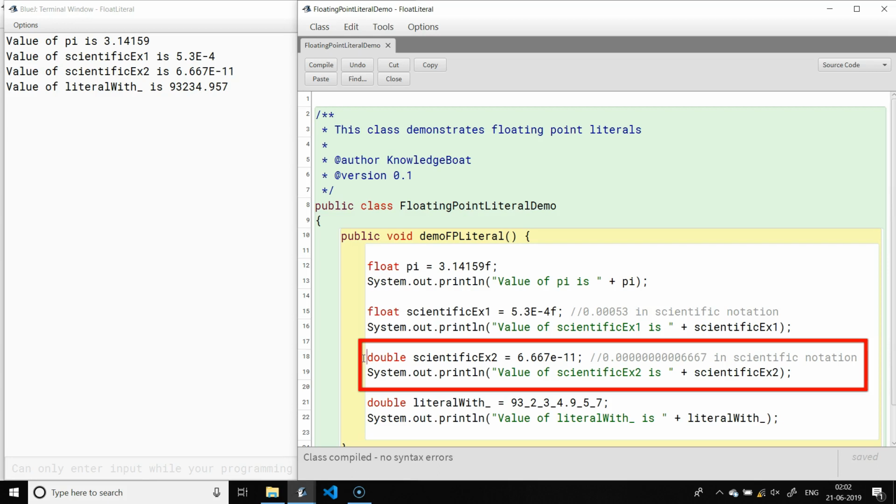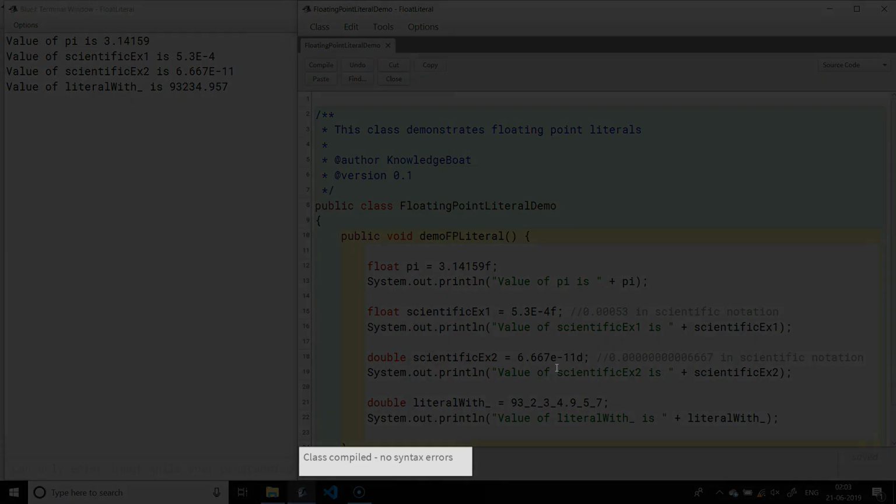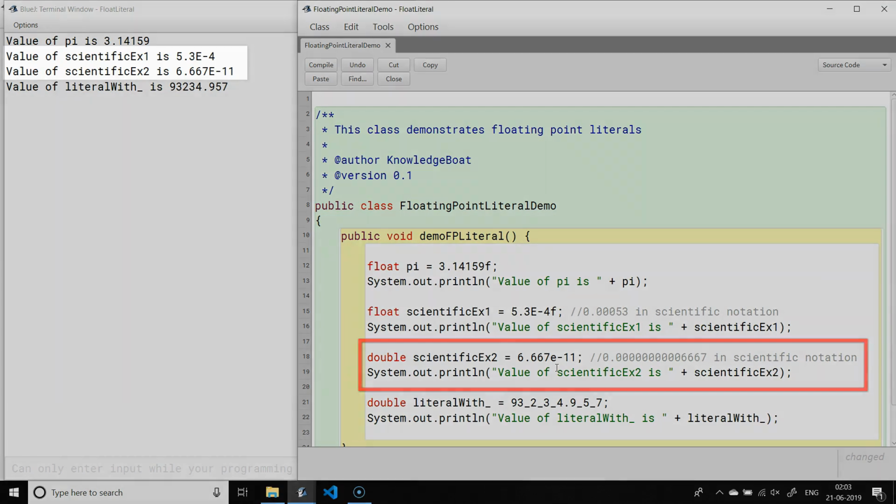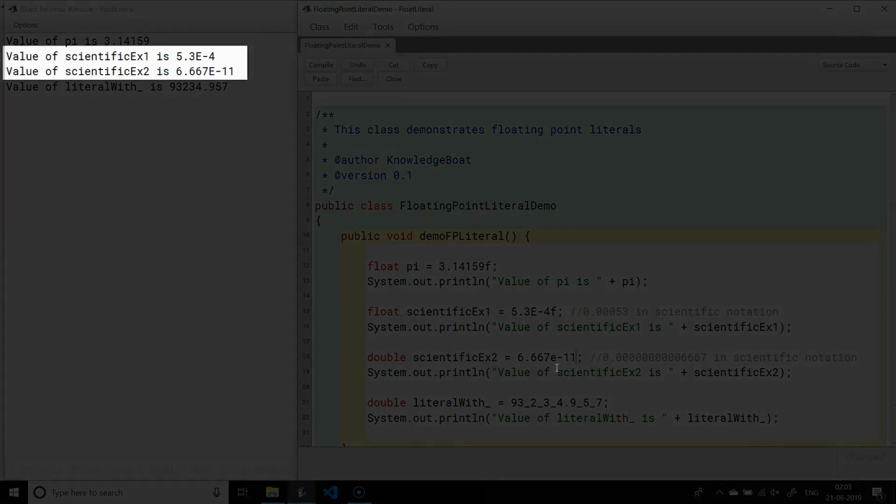We can be explicit by appending d to this floating point literal to tell the compiler that this is a double value. This will compile without any issues. But of course this is redundant as by default floating point literals are of type double. So I will remove this d. Both scientific example 1 and scientific example 2 get printed properly in the output.